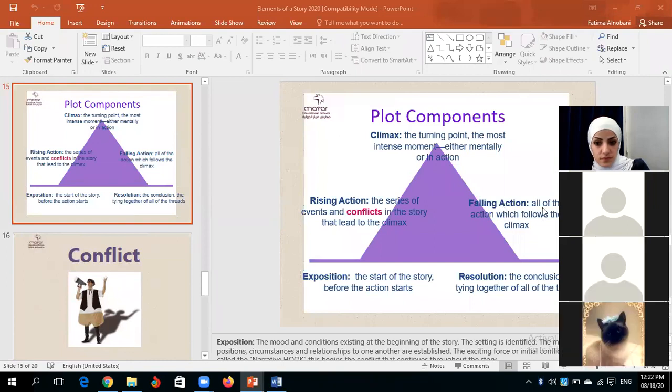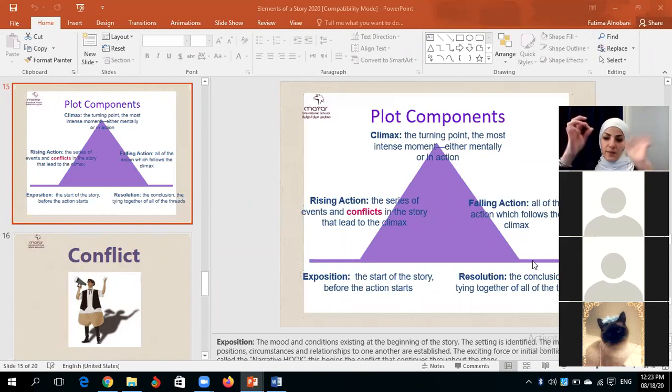Following action. All of the action which follows the climax. Then go to the resolution, Khaled. The conclusion, the tying together of all of the threads. It's like a braid, and at the end of it, you tie it all together and you put the band, and that's it. So in the exposition, we set the mood, and we decide what kind of a story we have, and we decide the point of view, the type of narration, and a little bit of the characters,